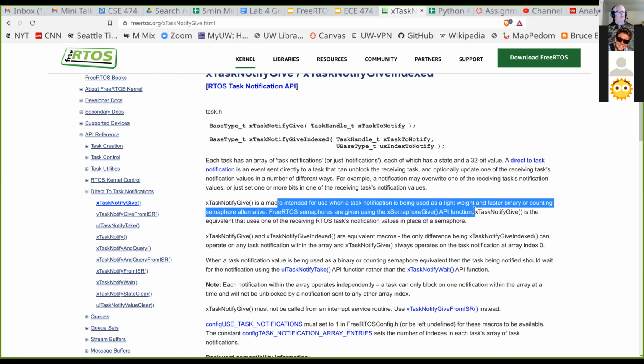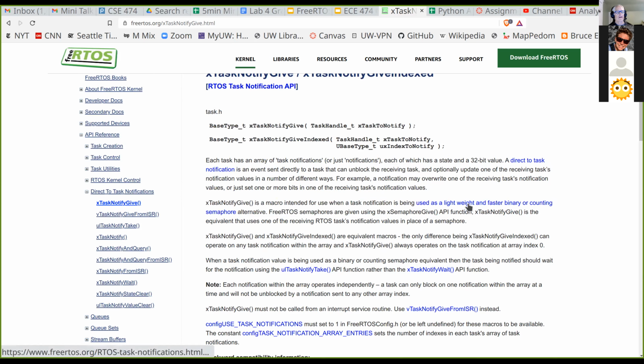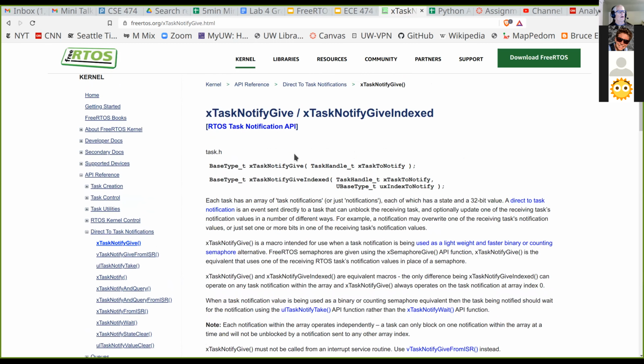here's where they're saying it's a lightweight and fast semaphore alternative. But let's leave that out and just use it as notifications. So basically, first of all, you have to get your task handles when you create the task. So if you recall in my other code,